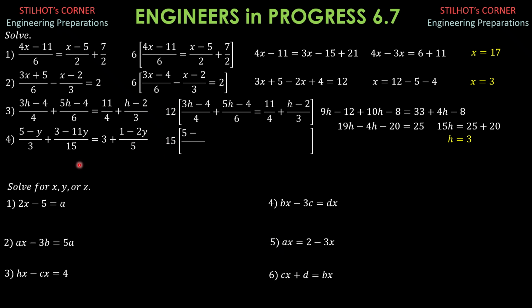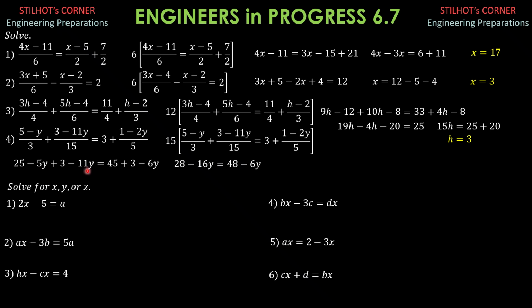Next LCD is 15. Multiply everything by 15. So this becomes 5 times 5 minus y is 25 minus 5y, plus 3 minus 11y equals 45 plus 3 minus 6y, because 15 over 5 is 3. 3 times quantity 1 minus 2y is 3 minus 6y. So this is